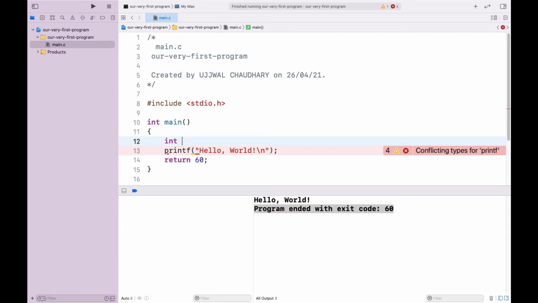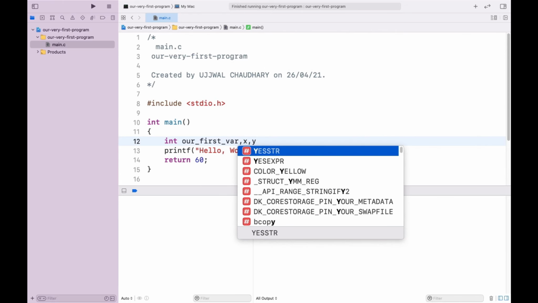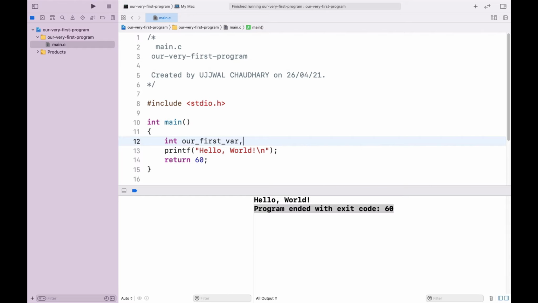So let's name it R. First variable. You can name it anything, x, maybe y. You can separate them by commas itself. Okay, so I'm writing maybe x, maybe y also we will use.